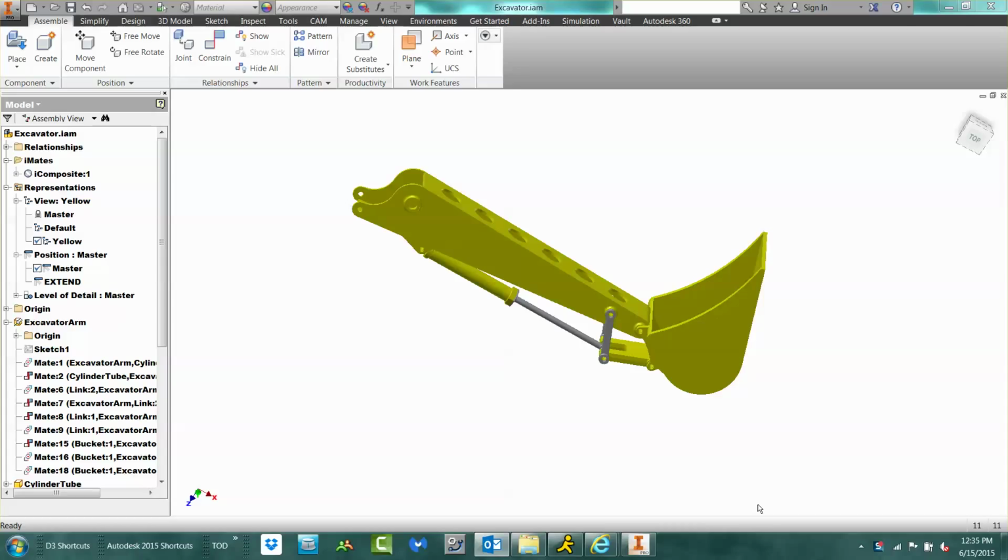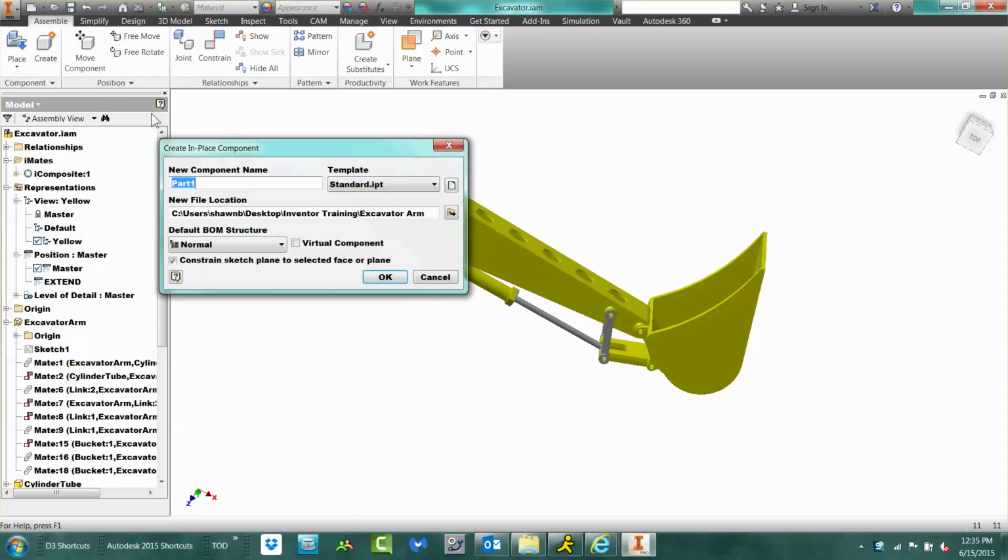So if you look at the screen right here, what I have is an assembly. And let's say that I want to add in some grease that I'm going to need into my hydraulic cylinder or any other part on here. I just go to whatever part of the assembly. I'll go ahead and just put it into the main part of the assembly, and I'm going to go into the component panel here, and I'm going to use the create tool just like I create a part within an assembly. I'll go ahead and give it the name that I need,